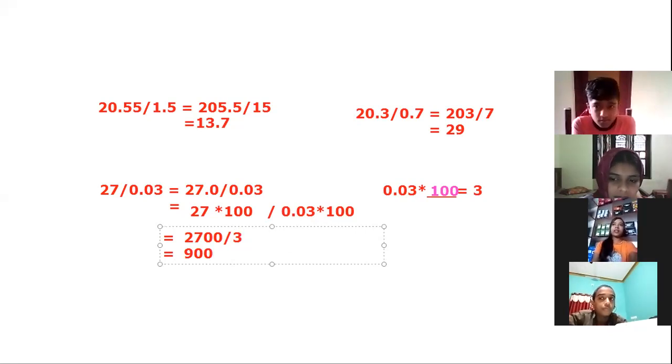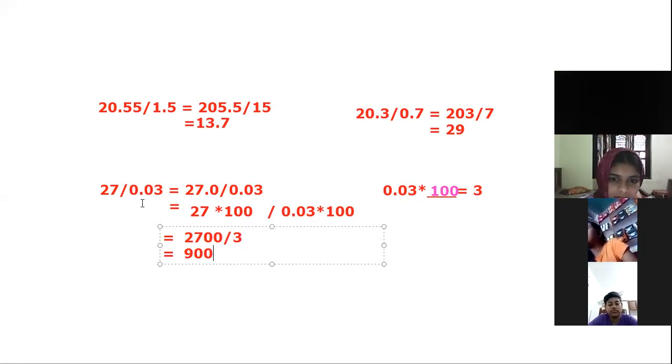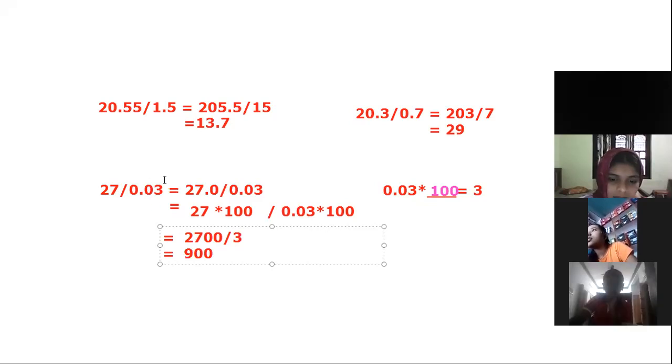So, first of all, in every case, we have to make our denominator a whole number. You just think, how will we make our denominator a whole number? For changing a decimal number into a whole number, first we have to count how many digits are there after the decimal point. According to the number of digits after the decimal point, we have to choose 10, 100, 1000, 10,000, etc. If there is only one digit, we choose 10. If there are 2 digits, we choose 100. And if there are 3 digits, we choose 1000 and so on. Okay, did you get the idea?